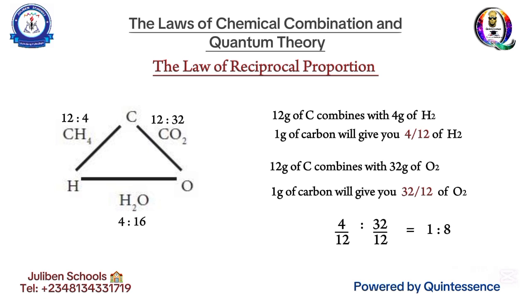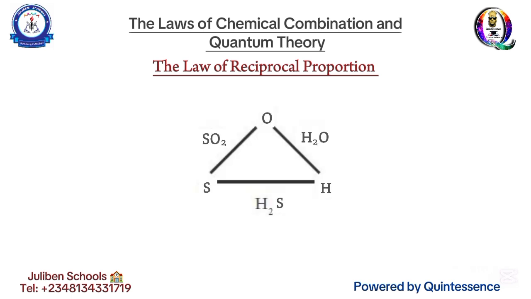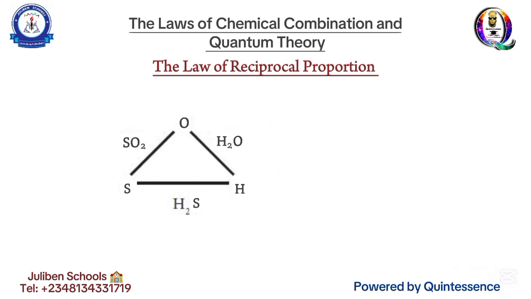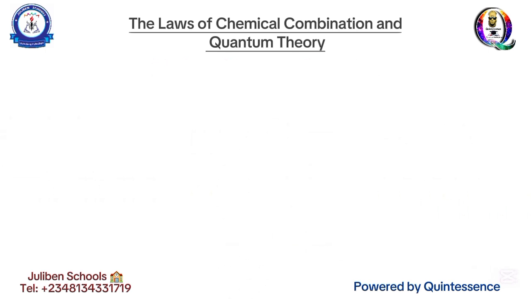So that is the law of reciprocal proportion, the law of Benjamin Richter Jeremias. Other examples which you can use to work out this law of reciprocal proportion are oxygen combining with sulfur and hydrogen, then phosphorus combining with hydrogen and chlorine, then a fixed mass of hydrogen combining with sodium and chlorine. So the ones at the top are always fixed masses, right? So you can make those experimental researches and you get that. So that takes us to the second part, which is